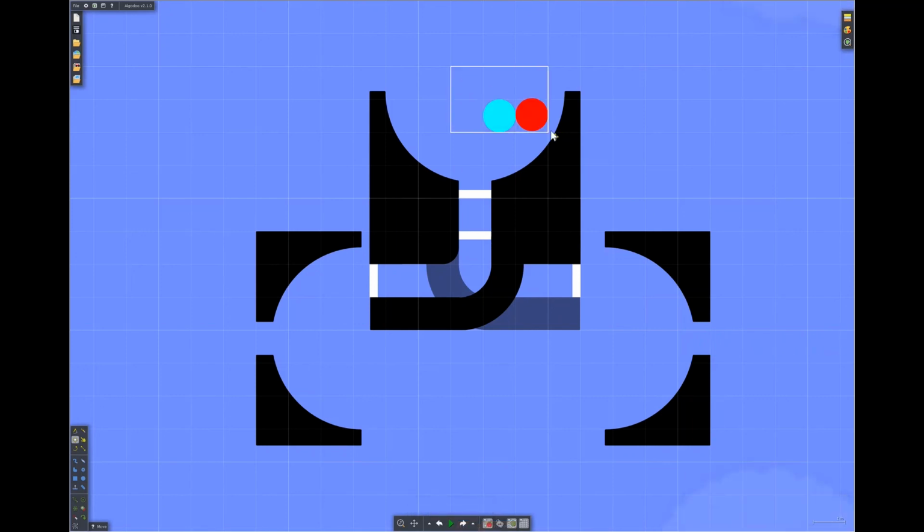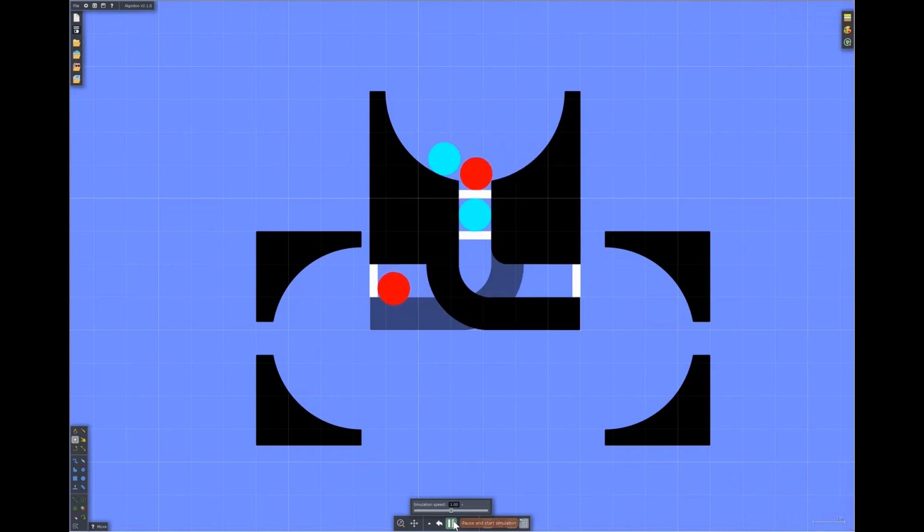And there, you can have more marbles. Algodoo has bugs, and we just have to work around those bugs. So I believe what just happened was something called a bug. But this